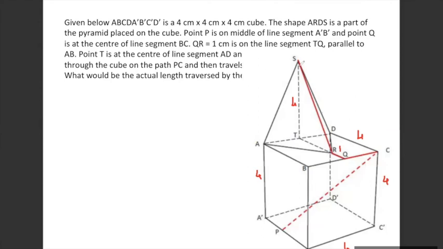What you have to find is, there's an ant which digs a tunnel from point P to C and then moves till S. We have to find the length that this ant would have traversed. Very easy, straightforward Pythagoras theorem. So we start with finding, we know ST, we know TR also, which is 3. We can find the distance SR.